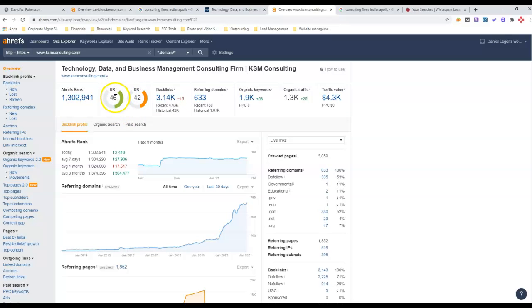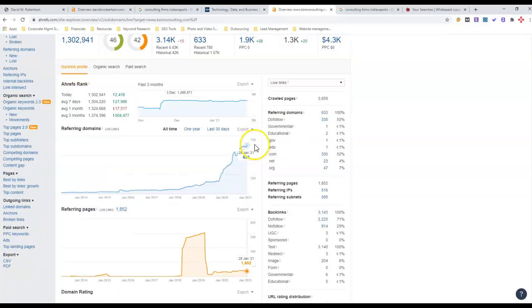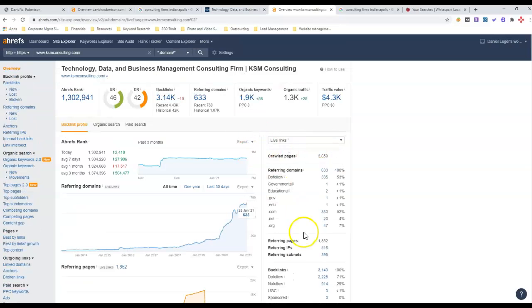Their URL rating, which is specifically for the homepage, is 46. So these are actually really good metrics. In order to beat them, we've got to get our numbers higher than that. And it looks like they got a pretty good percentage of dofollows too. Dofollow means that they pass power back to this page. That's how they get that DR and UR: these backlinks are passing power back to them and raising up their UR and DR.